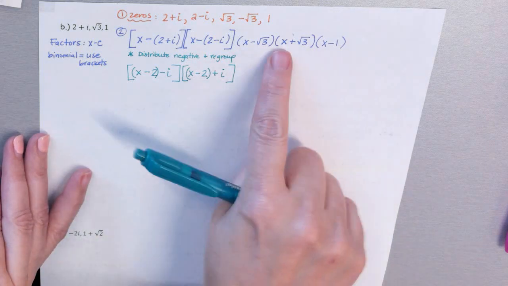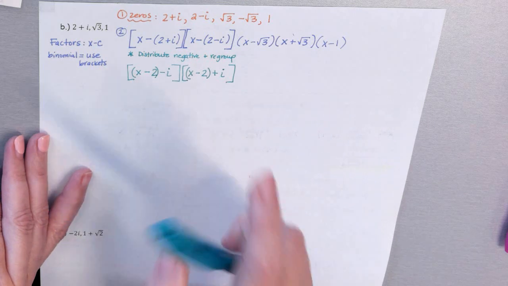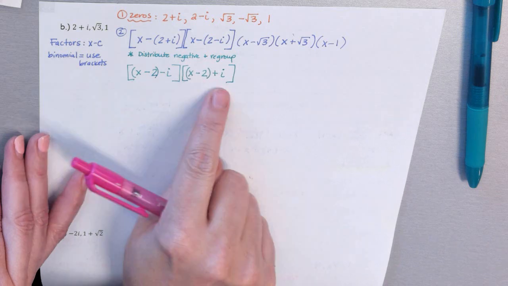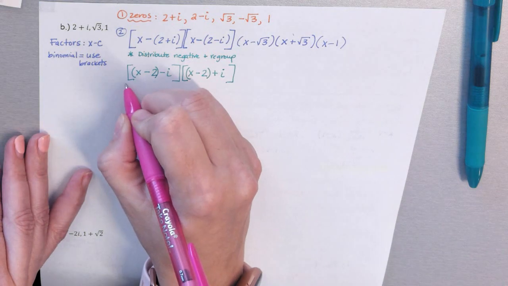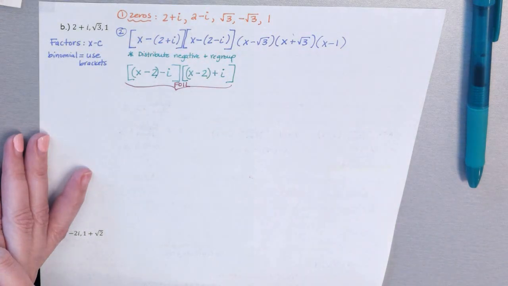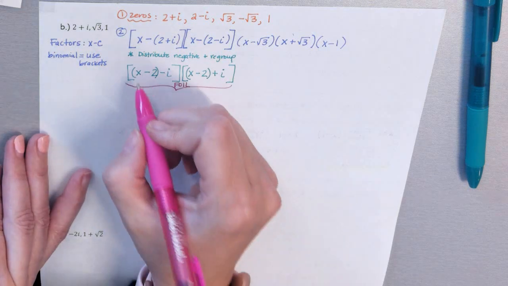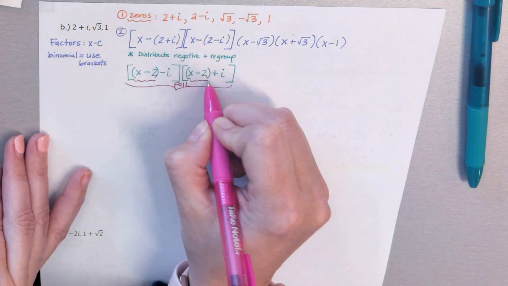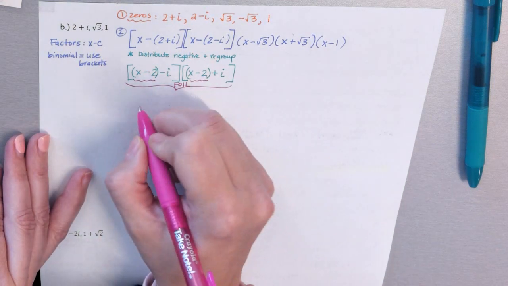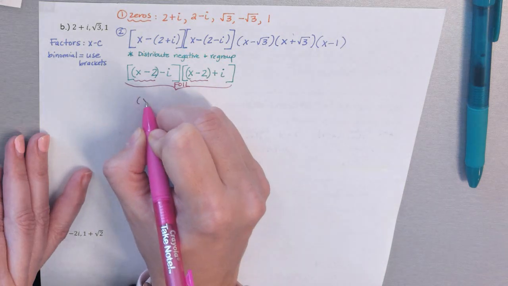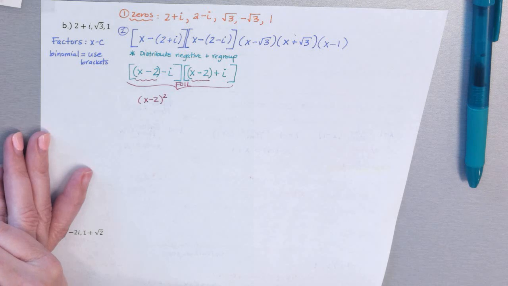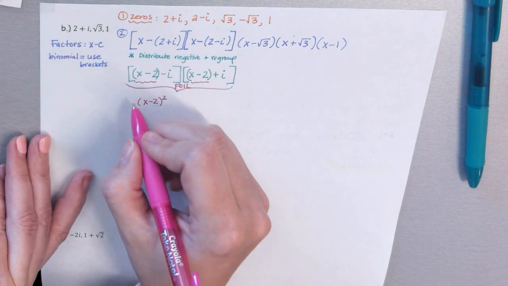Okay, and before we start to simplify those, we're just going to continue with this process, which is going to be, now that we've regrouped them, we have 2 binomials, so we are going to do a FOIL method here. But it is a little bit different because when you FOIL, you multiply the first term by the first term. Okay, remember I said if you did this right, they're going to be the same. So when you multiply x minus 2 times x minus 2, I want you to write it as x minus 2 squared. And then